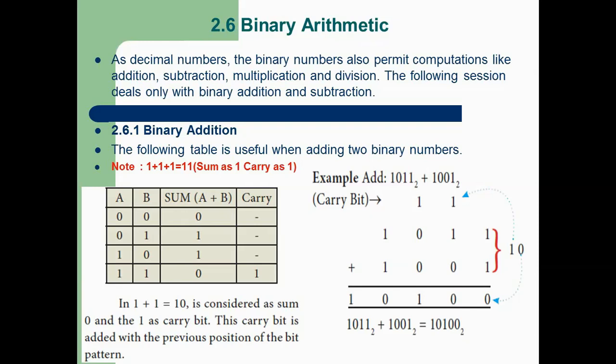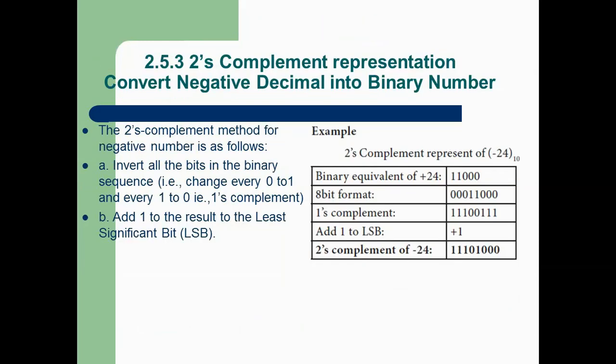By using these rules, we are adding 1 at the LSB. When we add this 1 to this bit, as per the rules, 1 plus 1 is 10. So 0 is the sum bit we write here, and 1 is the carry bit which we carry to the next bit. Again 1 plus 1 is 10. So 0 I put here, 1 is the carry, so we carry it to the next bit. So 1 plus 1 is 0.